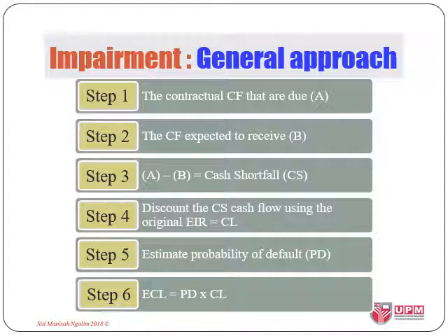To calculate the impairment loss, for the general approach, we will more or less follow these steps. First, we need to determine the amounts of contractual cash flows that are due, meaning the amounts stated in the contract. Then we need to determine the amounts of cash flows that are expected to be received given the current condition. Now this can always equal the amount in the contract if you have nothing to worry about, or it can be less given the situation or risks. Then we determine the cash shortfall, which is simply the difference between the amount stated in the contract and what we expected to receive. And of course, it can always be equivalent to 0.